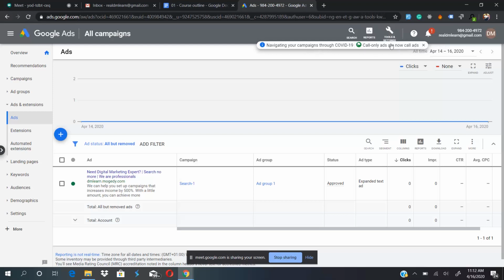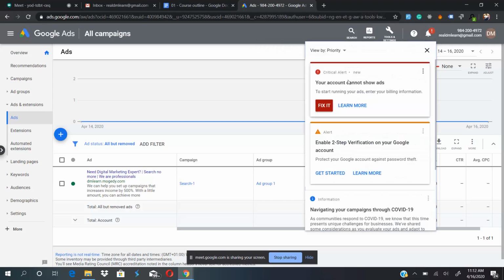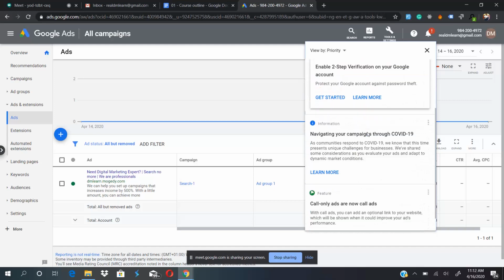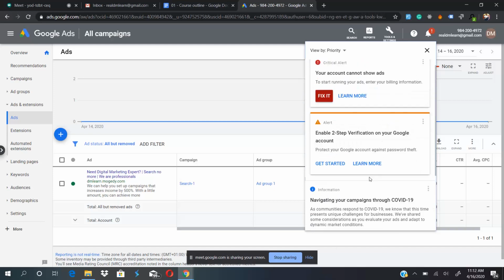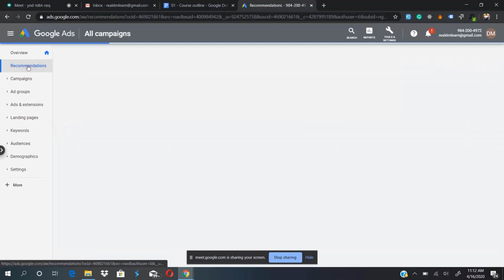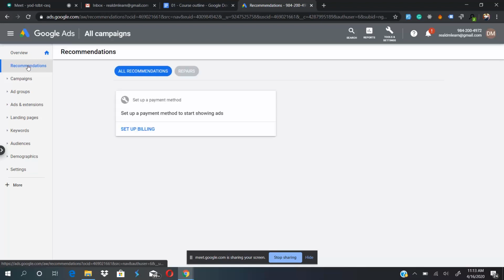Navigating your campaign through this, calls ads are now call, so you can either click here to see what your account is showing. All these are notifications. Let's see priority. Okay, there's nothing here, but if there are some recommendations, Google does give us some recommendations here. You can see the recommendations tab here, and that's when the ads start running. So Google sees that for now the only recommendation is to add my card, but when this ad starts running, of course